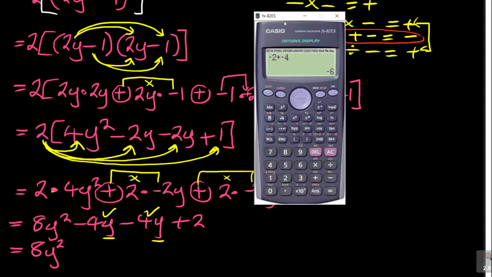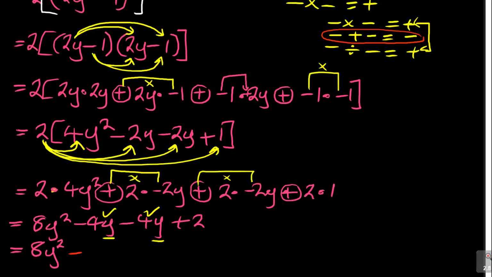In this case, minus 4y plus minus 4y is as good as minus 4 minus 4. You add 4 plus 4, but maintain the sign. See? It's negative 8, so it's negative 8y